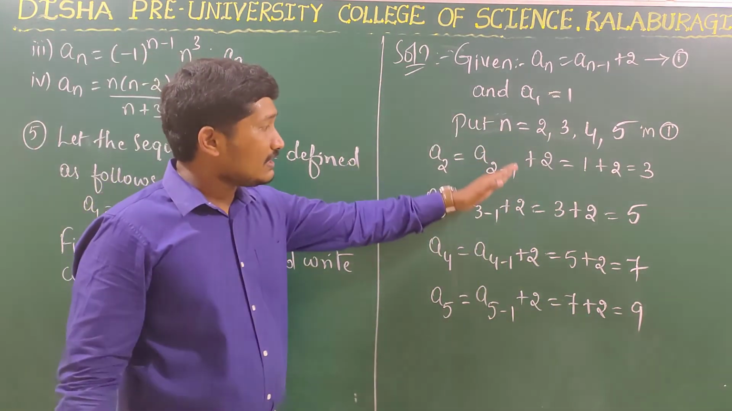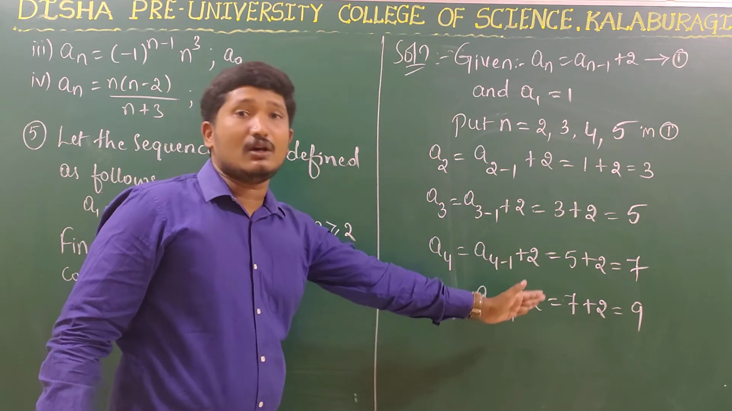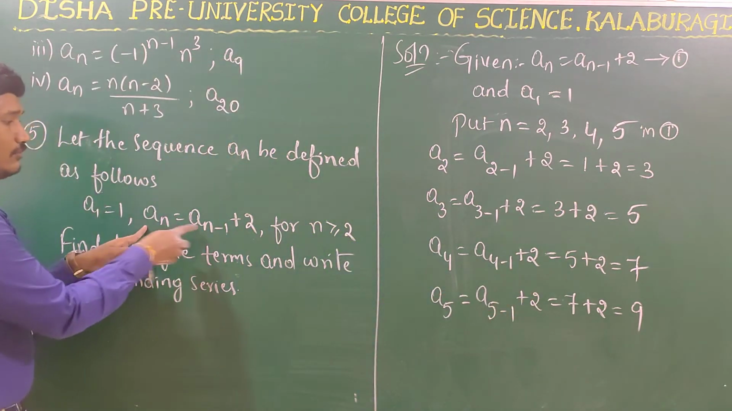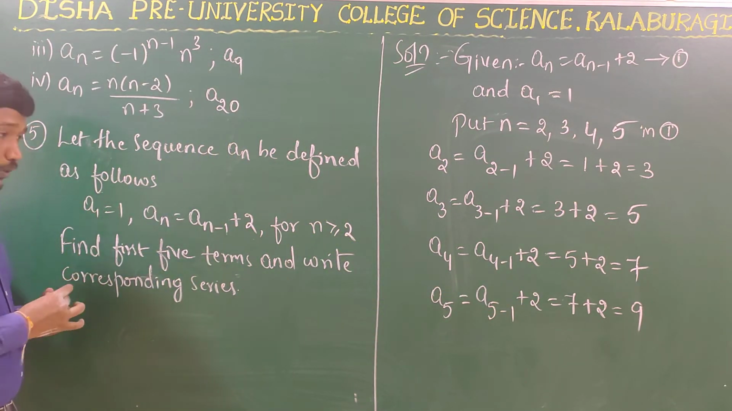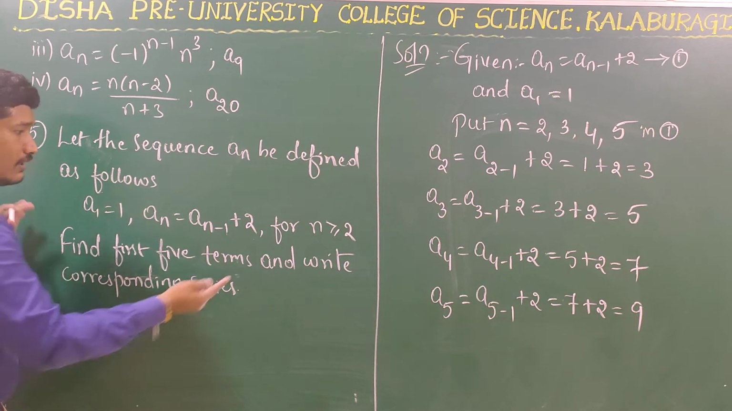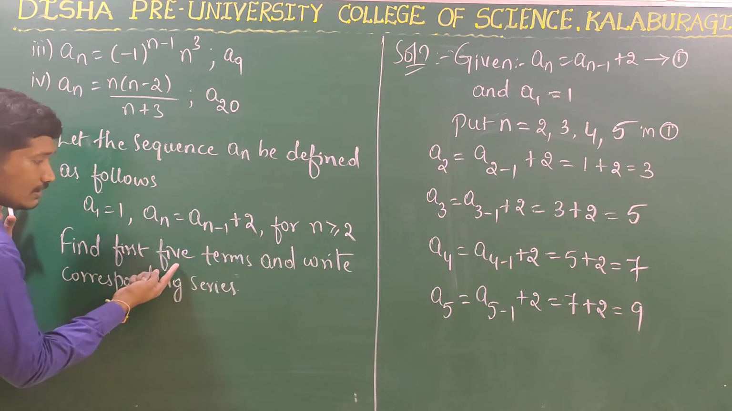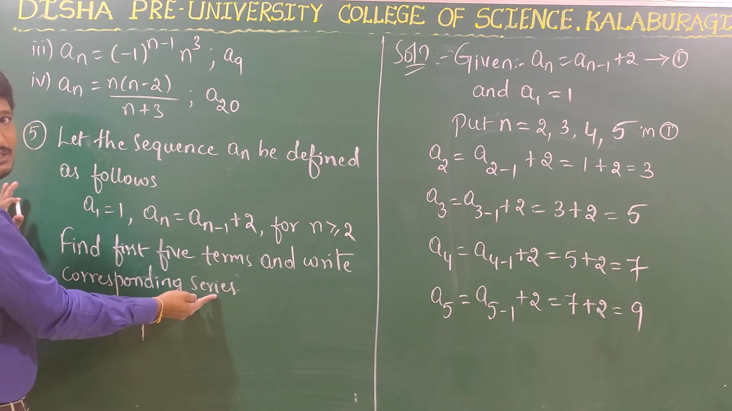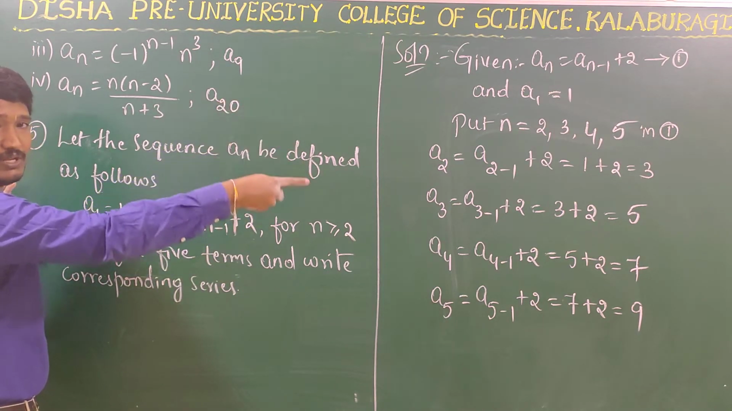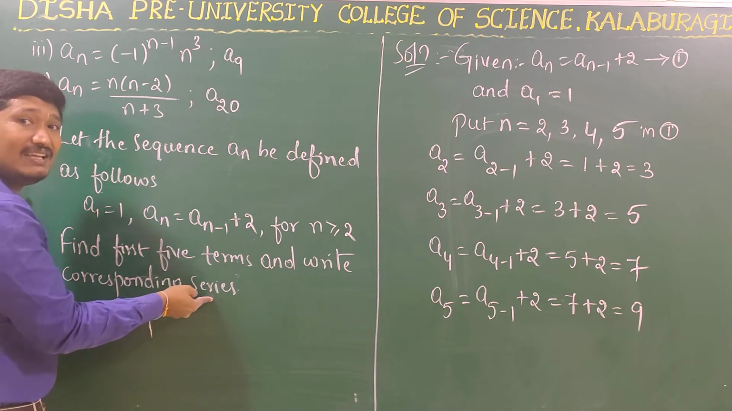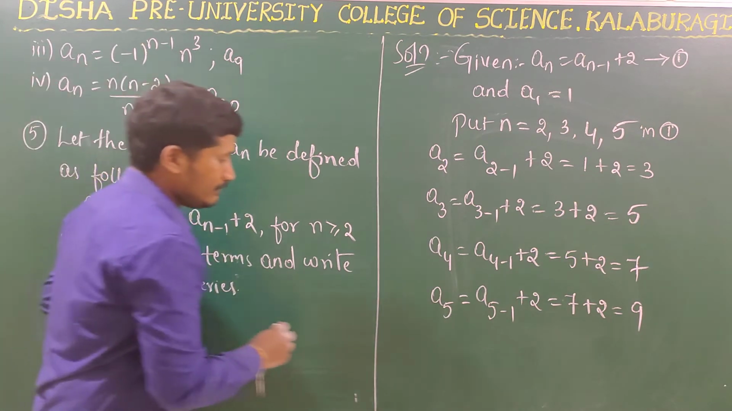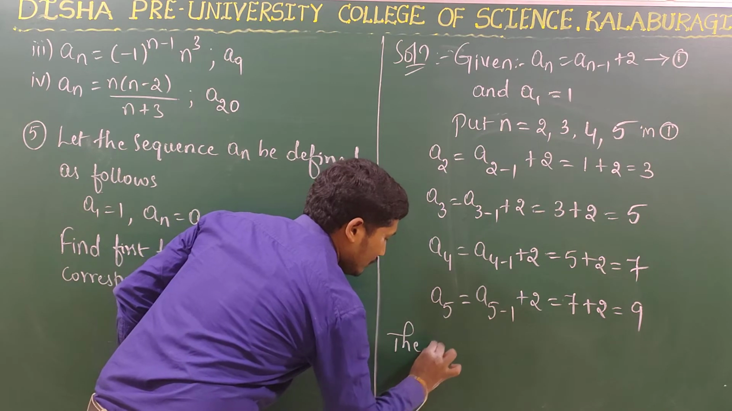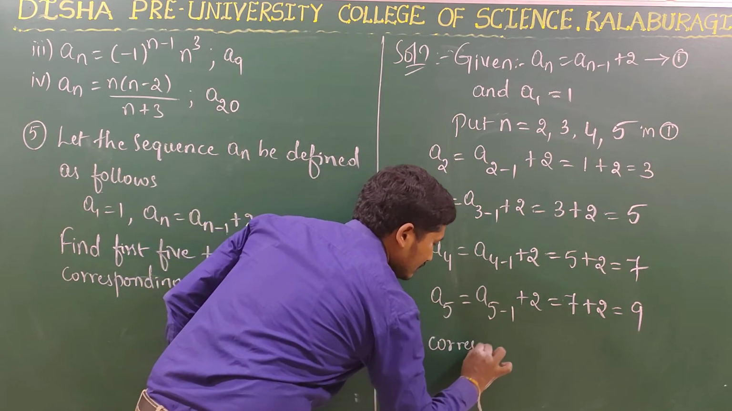Right? So these are the first 5 terms of the sequence. Now what we have to do? The next thing, we have to write the corresponding sequence in the form of a series. That is the obtained sequence, we have to write that in the form of a series. So the corresponding series is